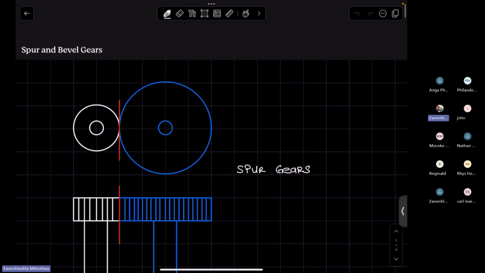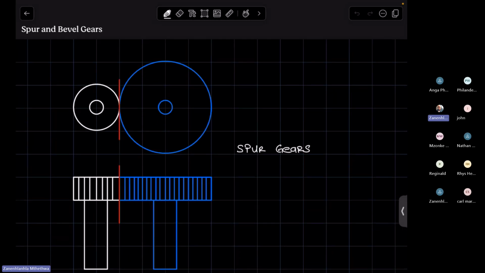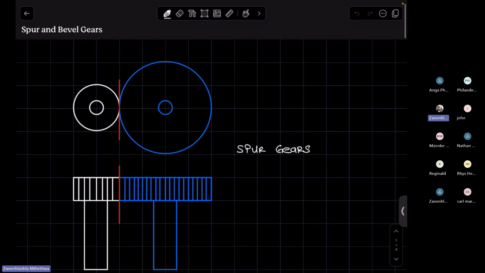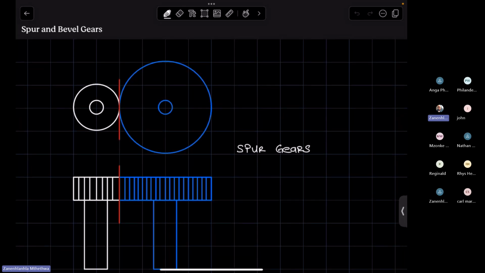Now, the first thing I want us to look at is, under epicyclic gears, we are either going to make use of spur gears or bevel gears. So I want us to look at when we get to use spur gears and when we get to use bevel gears. Now, as far as spur gears,